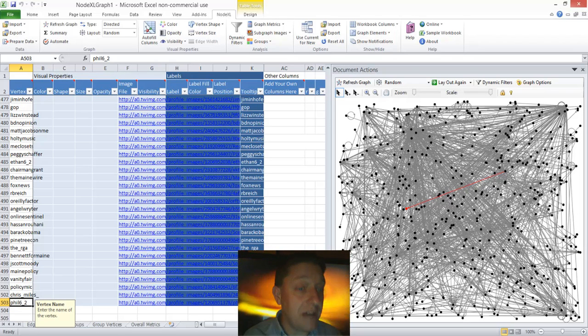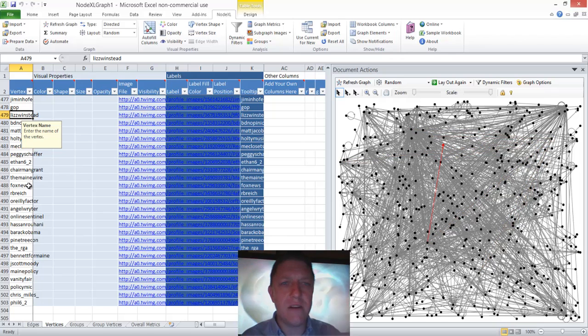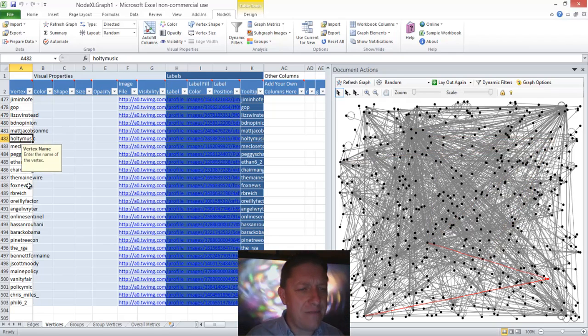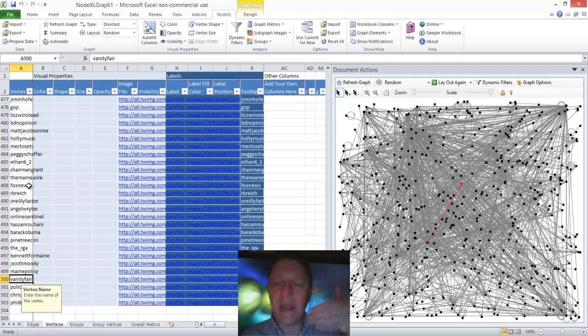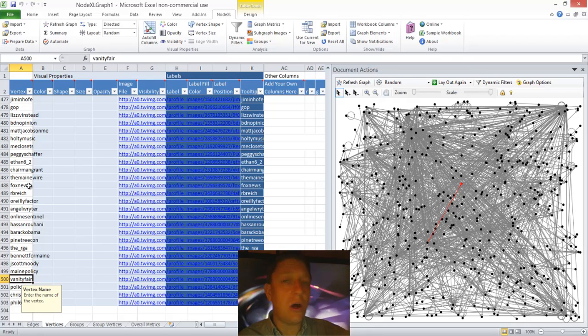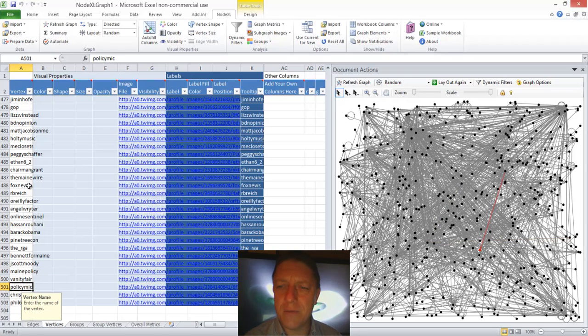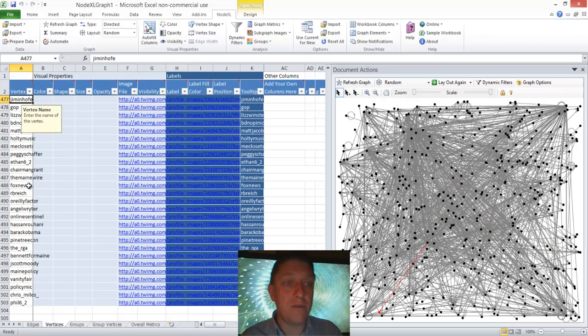Interestingly, there's some folks outside of Maine that are using this. Fox News. Yeah, Fox News is being included in this network in some manner. Liz Winstead, another national figure. Vanity Fair, Policy Mike, which is an interesting social media forum for blog posts on the subject of politics. So that is a social media forum that is being referenced by another social media reference. Jim Inhofe, who is a senator. Wow, this is great stuff. If you're into politics, he's a senator from the middle of the country.